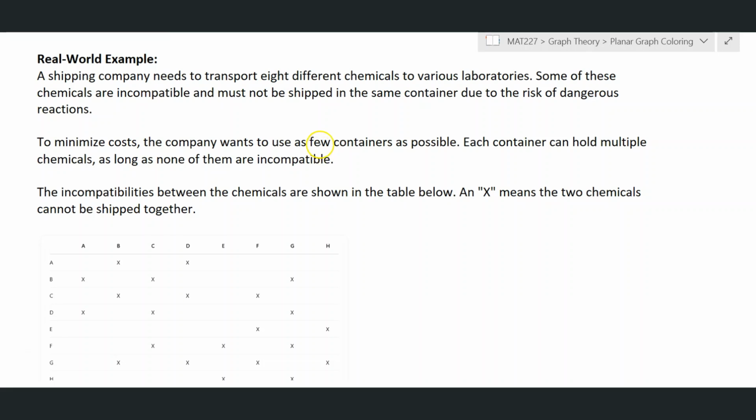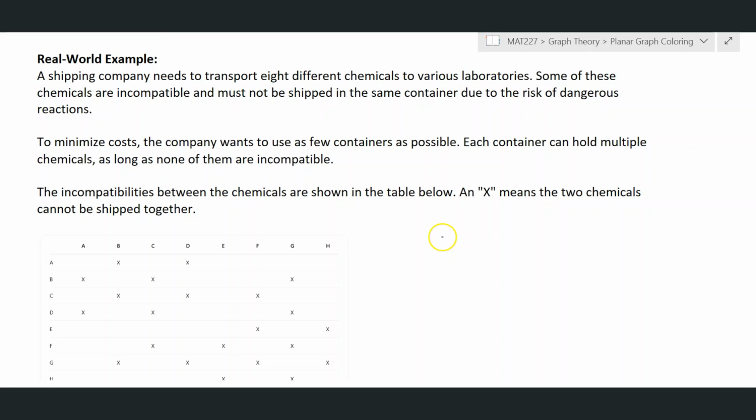So think colors here, chromatic number. Each container can hold multiple chemicals as long as none of them are incompatible. So you could have a bunch of vertices with the same color, but they just can't be adjacent to one another if you color them the same. The incompatibilities between the chemicals are shown in the table below, and X means that 2 chemicals cannot be shipped